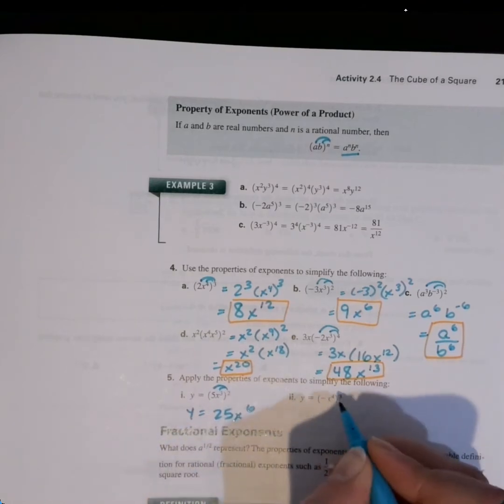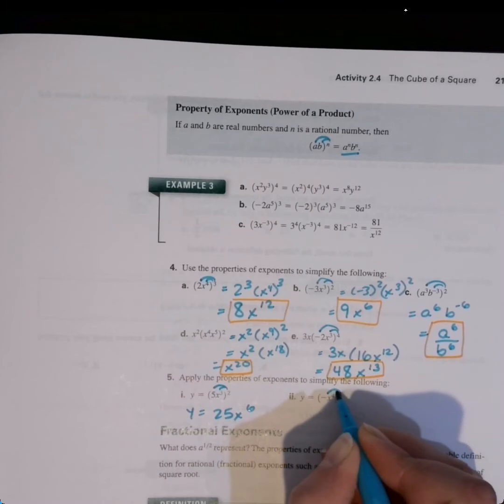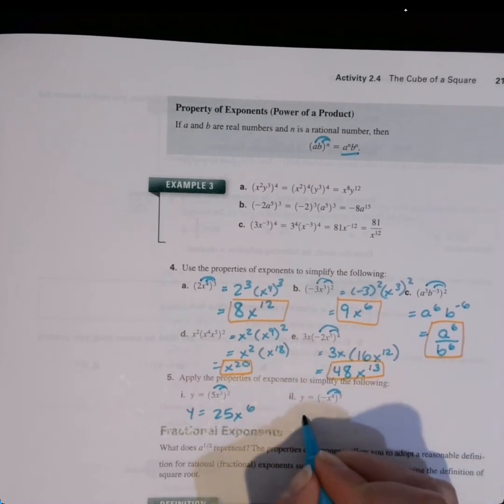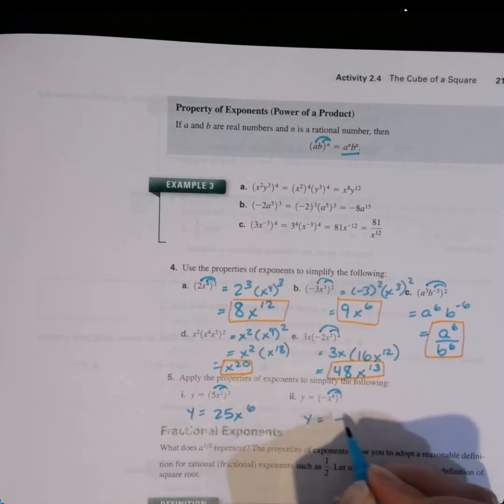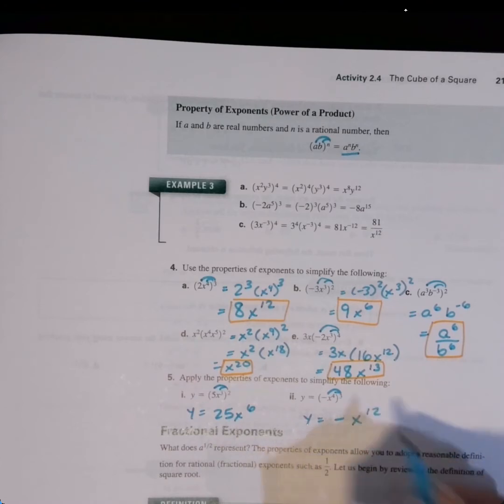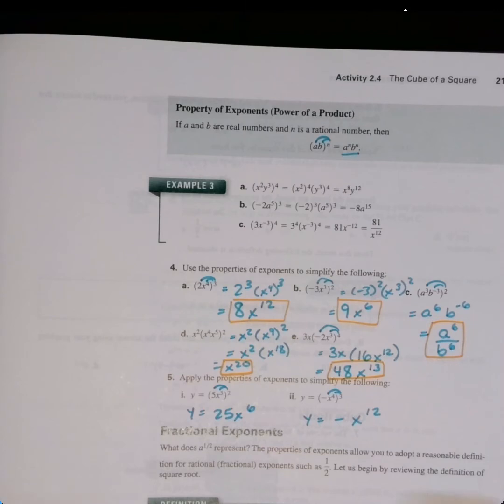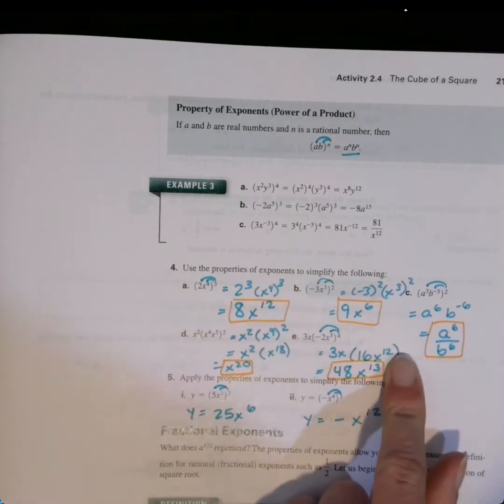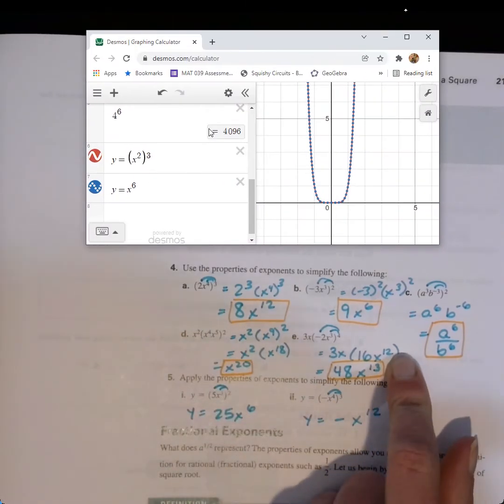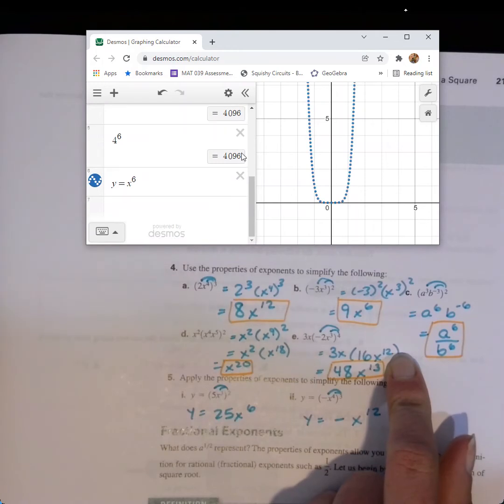And I'm going to go ahead and do this one here as well. I'm going to cube the negative. I'm going to cube the x to the 4th. 3 negatives makes a negative, so it's going to stay y equals negative, and then x to the 12th. With that y equals there, it gives us an opportunity to check. And any of these, we could have shoved a y equals in front of it and checked those as well. But with the opportunity here to check,